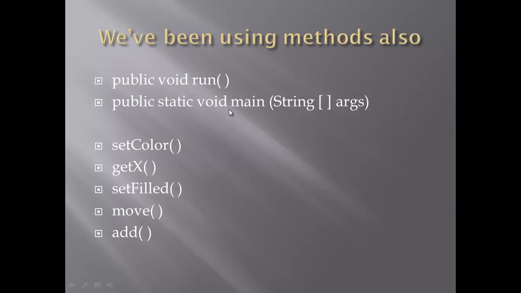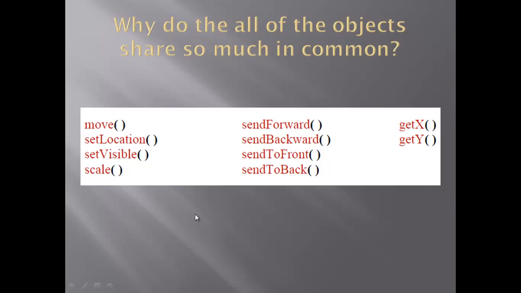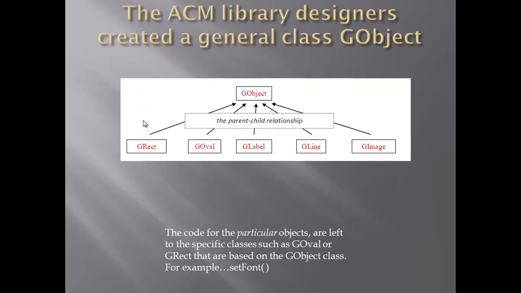Usually, except in the case of the main method, the name of the method is sort of a verb, some sort of action, such as setColor, getX, setFilled. These are all methods we've seen in the past. And there's a bunch of methods that all the objects we've used so far have in common, such as getX, getY, move, setLocation. And the reason is because of all the objects we've used, such as rectangle, oval, label, they all have